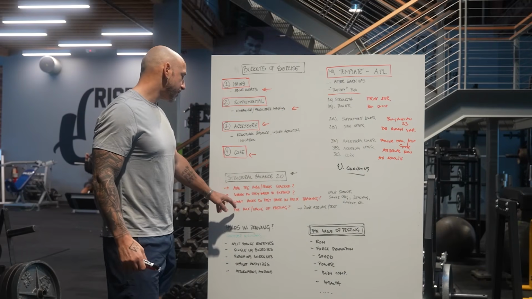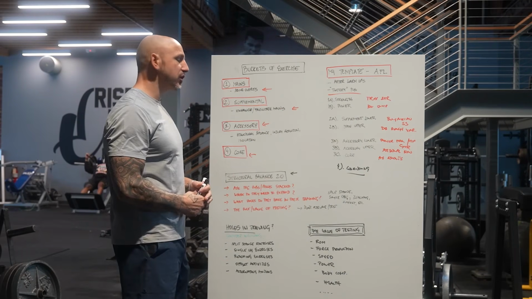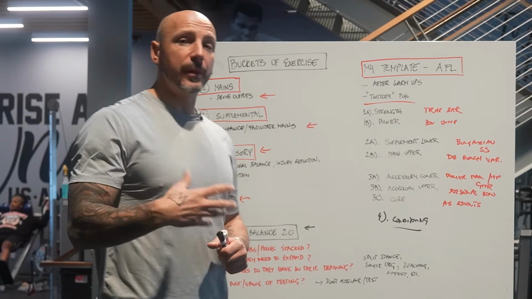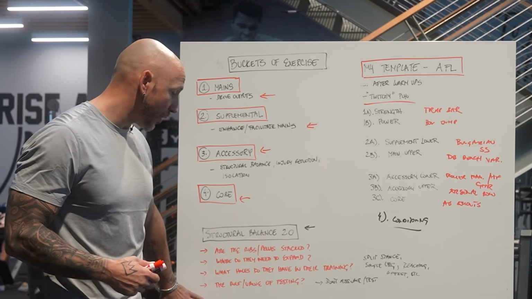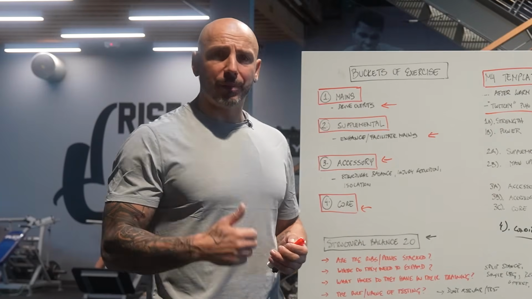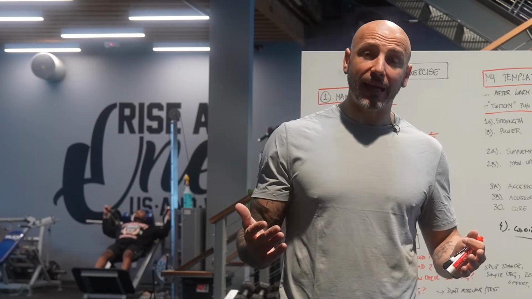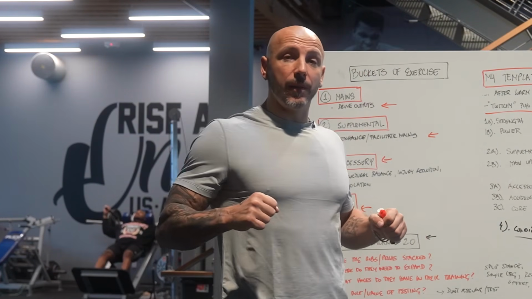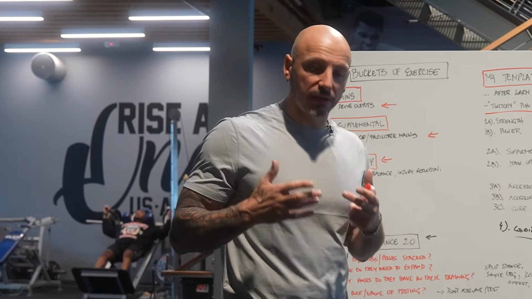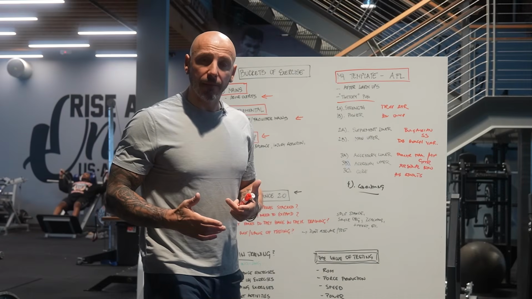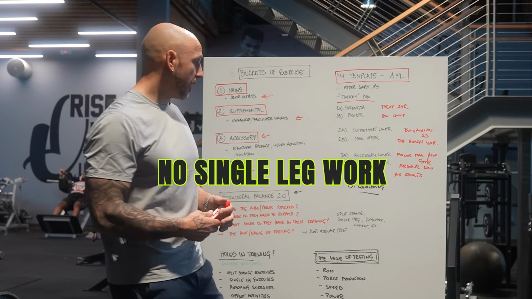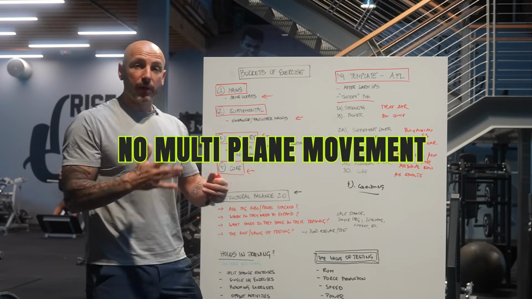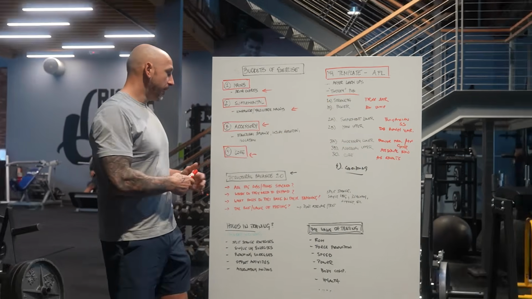From there, what holes do they have in their training? A lot of the people that come to me, I look at their programs, and they're barely doing any single leg stuff. Everything's bilateral. There are no different stances, right? Everything's here: no staggered stance, no single leg work, no multi-plane movement, no alternating stuff going on. So what are their holes?